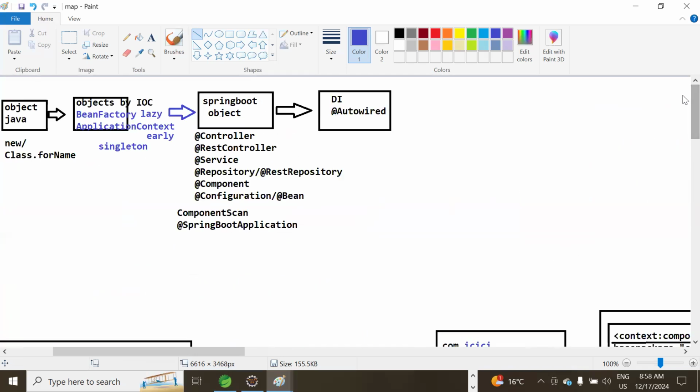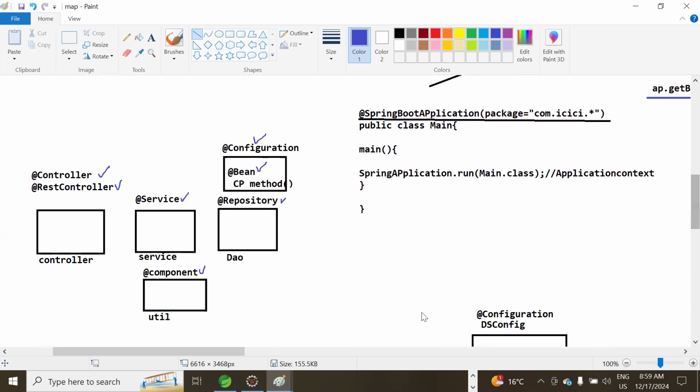I'll show you an old Spring MVC application. Though we are not at MVC yet, I'll give an end-to-end application because this is an important concept. With a simple core example, a main method example, it may not satisfy you. So in Spring Boot, I'll give one end-to-end flow, and in MVC also I'll give one end-to-end flow, and we can come back to other discussions. So just a minute, let me